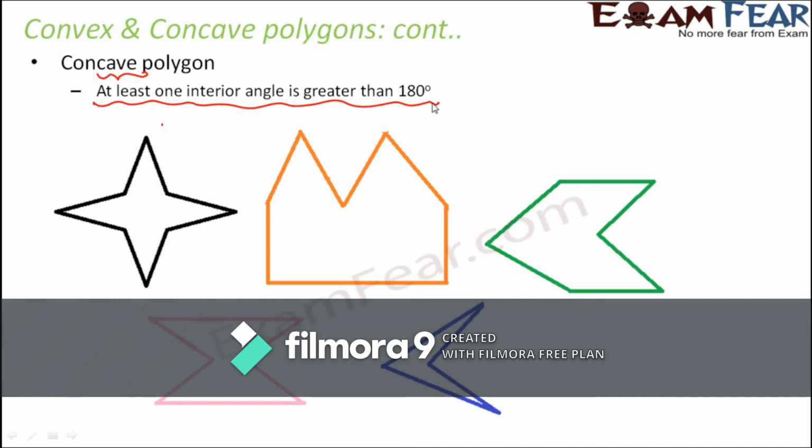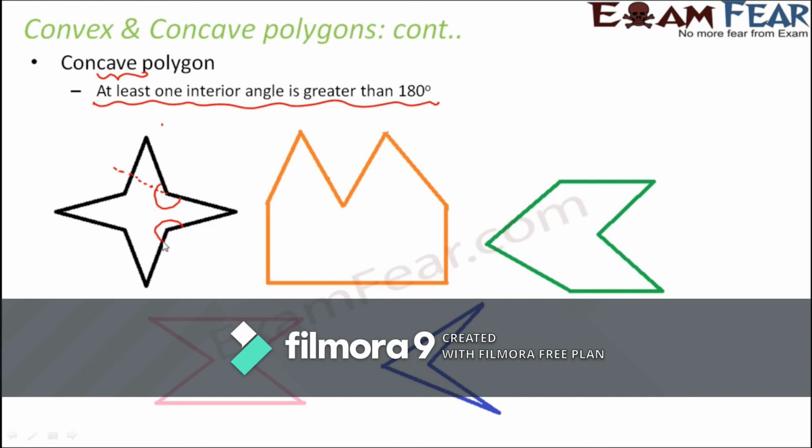So if one or more than one interior angle is greater than 180 degrees, then that type of polygon is a concave polygon. And the moment one of these angles becomes greater than 180 degrees, it forms a cave-like structure, as you see in the first image. Here, look at this angle. This is an interior angle. This interior angle is more than 180 degrees, because 180 degrees could have been somewhat like this till here. So it is more than 180 degrees, and since it is, it is forming this cave-like structure.